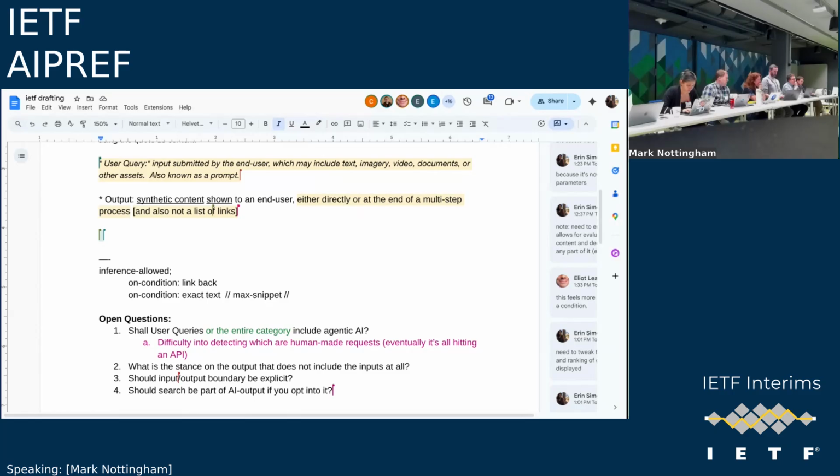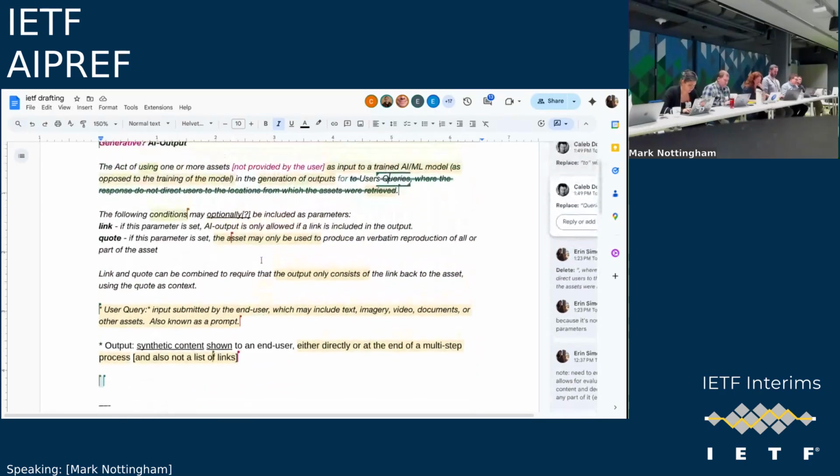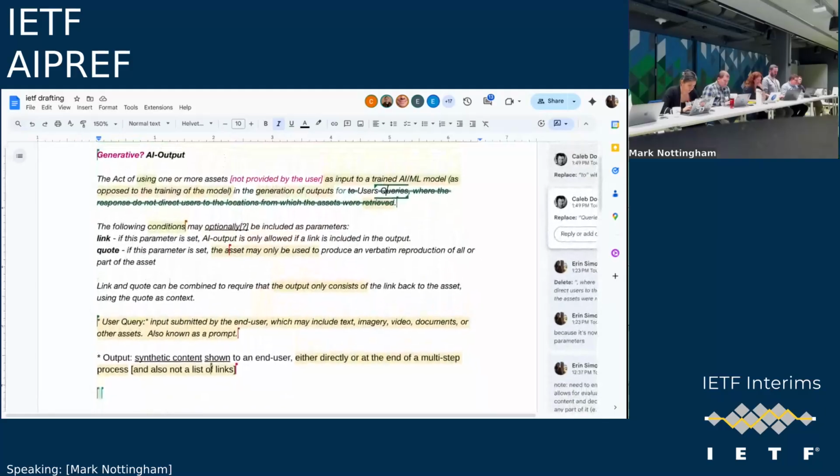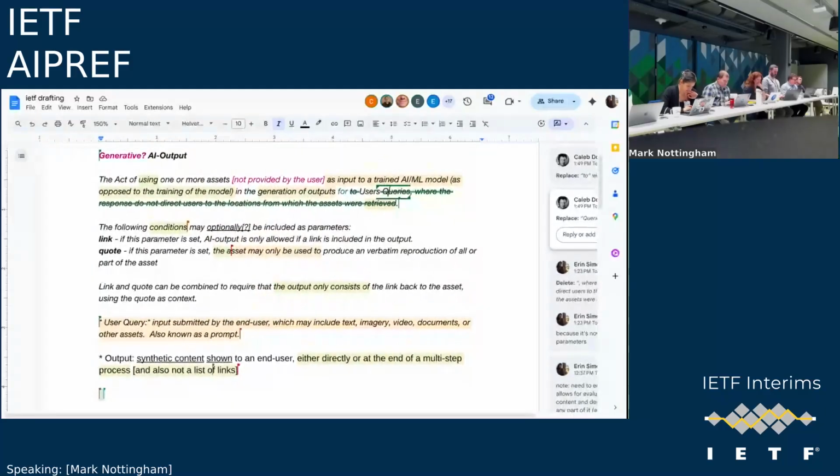And then another one is snippets, kind of to the point of the display preferences that have been discussed, where it's like an exact match or only a certain amount of words, etc. And I wonder if that's what other people think, if it's worth tying together all these different proposals to break out search into multiple subcategories, then have AI training as a category that has its definitions, and then have a real-time use category and its sub-definitions to get a little bit more granular.